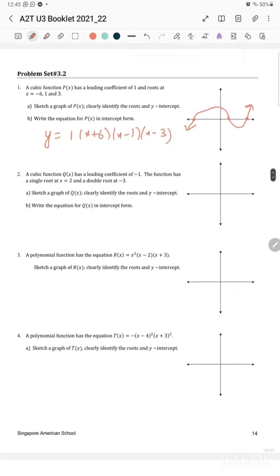Cubic function q of x has a leading coefficient of -1. The function has a single root at x = 2 and a double root at x = -3. Single at 2 and double at -3. Leading coefficient of -1, so it would be